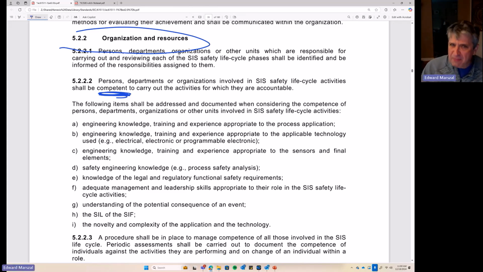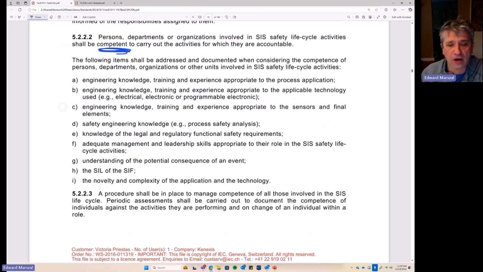Step 2, everybody in that plan needs to be competent to do what they're supposed to do, which means we're going to have formal training, formal mentorship, formal apprenticeship. We're going to do training. We're going to test to make sure that the people understood the training. We're going to qualify them in their work responsibilities by watching them do their work and make sure they do it properly. And we are going to document that.